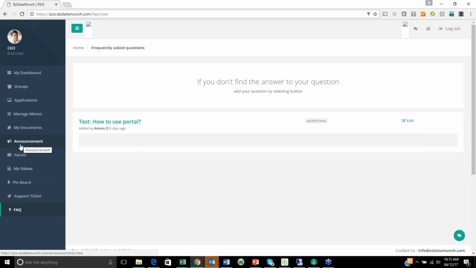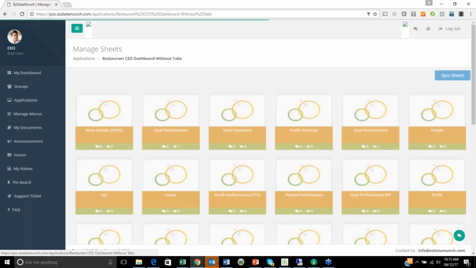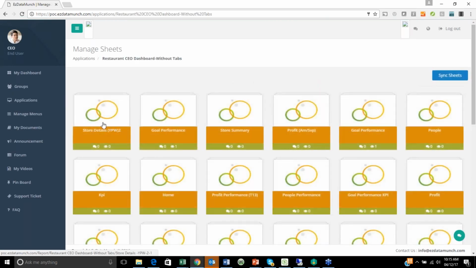Similarly, I can add videos, so I can do analysis of my data, and I can create a video analysis of this application. So let's go back to the application and let me open that. As you can see, when you open the application here, there are options like